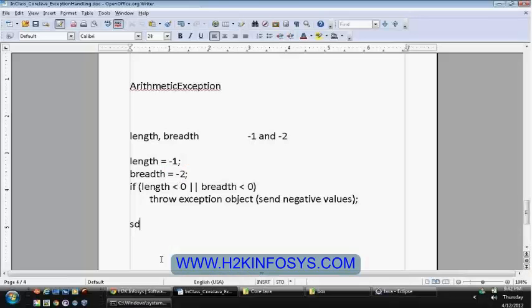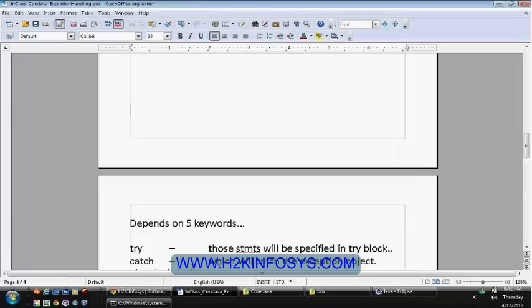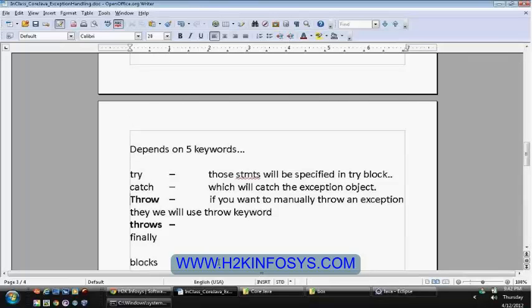So let us say if you have some statements after your throw clause, they won't get executed. Simply, it will return the control back to the caller. So the throw clause will be used to throw an exception manually.